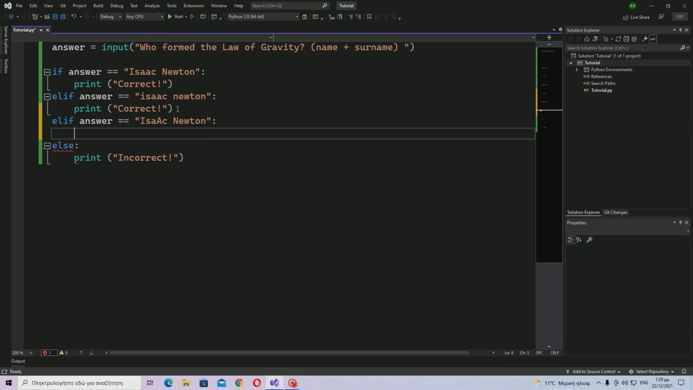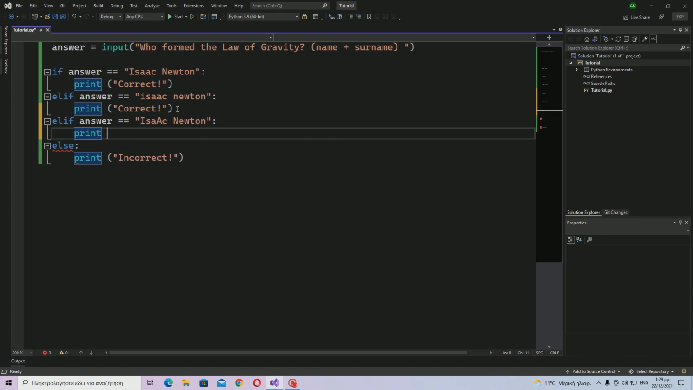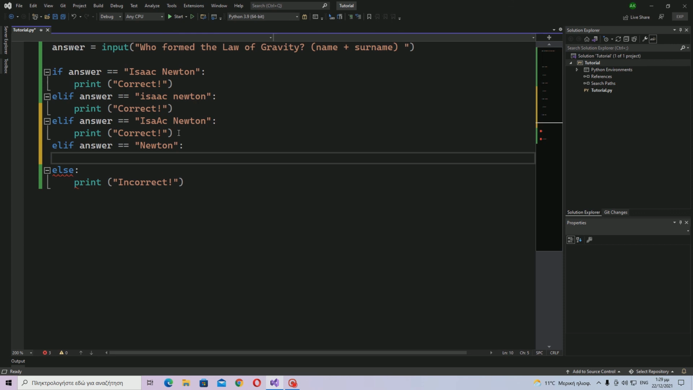or I can type in Isaac Newton, and then print out correct. I can do this. I can insert as many elifs as I want. It won't work if I say Newton over here or something like that. Print